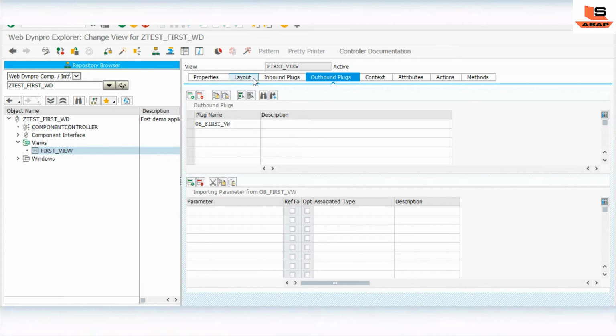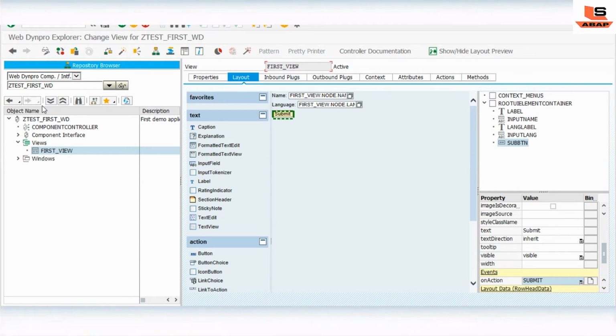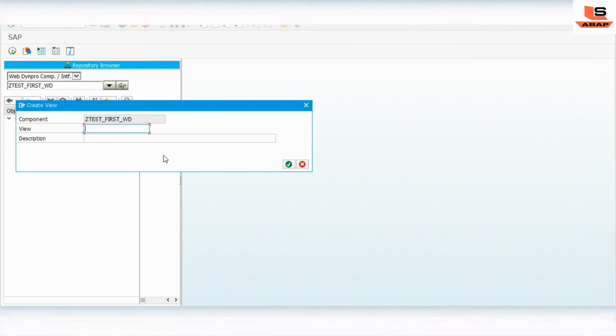Now we are done with the design part of the first view. Now we will create another, second view, in which we are going to display the data whatever we have entered in this screen. I will give the name second view.